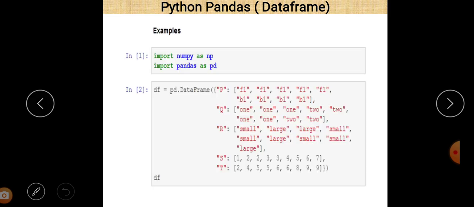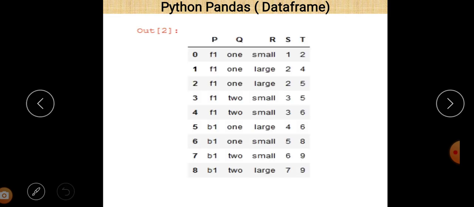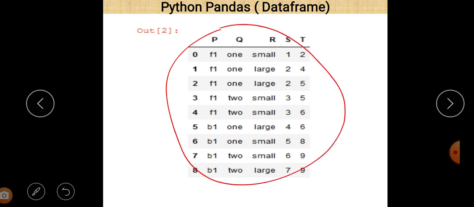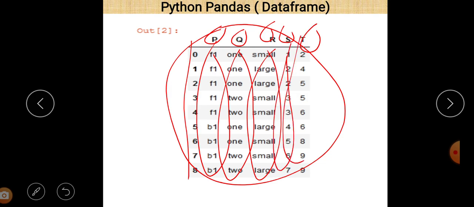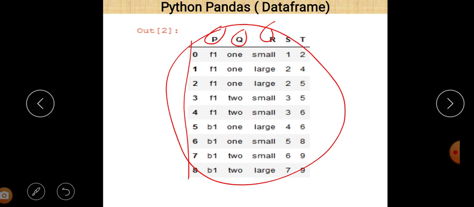If we just print the df statement, then this is your actual data frame. You can see that these are the index values, and these are the columns, as I told you, p, q, r, s, t. In a dictionary, when you convert it into a data frame, the keys are converted to the column names, and these are the different values for those columns. Okay, now the important thing is that